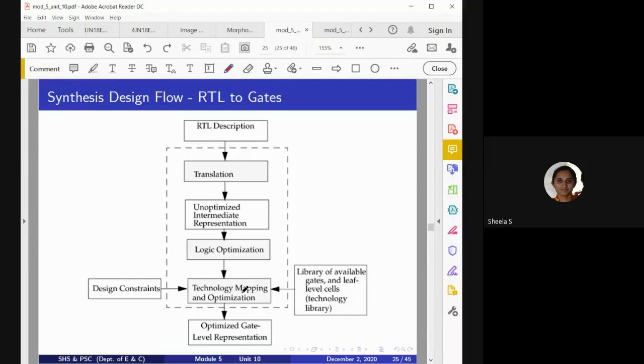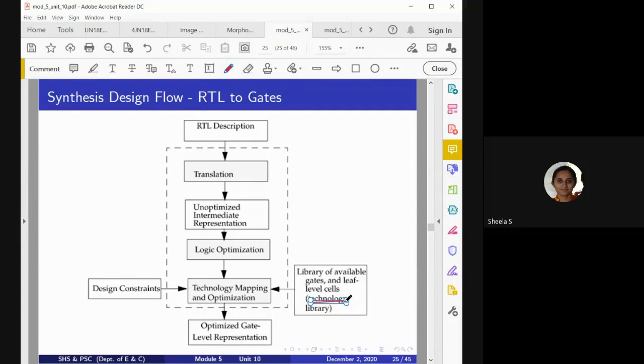And one more thing, while considering technology mapping and optimization, what we have to do is consider the leaf cells or the technology library defined by the vendor. Which particular leaf cells he is considering and which one he is not considering, meaning the description for each gate and the description for each logic which he is considering for his manufacturing process. According to that, he has to give the corresponding library, and using that library it will generate